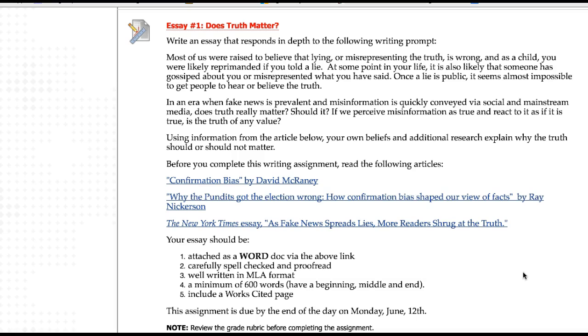There's an article on confirmation bias, and it lays out what confirmation bias is. And then the next article is "Why the Pundits Got the Election Wrong: How Confirmation Bias Shaped Our Views of Facts." So we get an introduction to what confirmation bias is, and then we get an article that explains how information bias impacted or does impact our concept of what is true. And then you've got an essay in the New York Times called "As Fake News Spreads Lies, More Readers Shrug at the Truth." All right, so you're going to read those 3 articles, you're going to do some thinking, I hope,